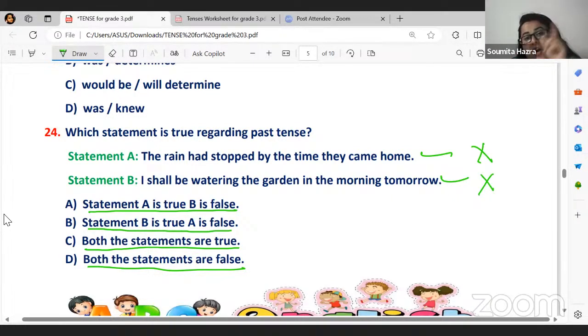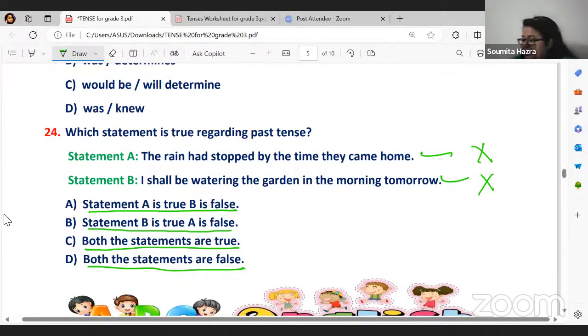Now, which one is your correct answer? Till now you saw the questions were really simple. You would think, Olympiad type questions, how come these are so easy? Now see, this is the actual standard of the Olympiad questions. Now you will have to think which option is correct. The question is very simple: which sentence is written in the past tense? The options are difficult.